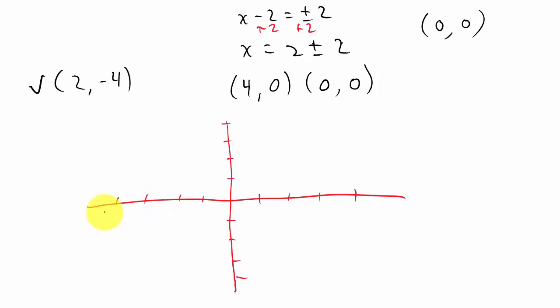So now let's just plot our points. So I'm going to plot my vertex, which is 2, -4. There's my vertex. And then I'm going to plot my x and y intercepts. So my x-intercept 4, 0, and 0, 0. Okay, and then my y-intercept is 0, 0, but I already have that point plotted. So now I can draw my parabola. Okay, and